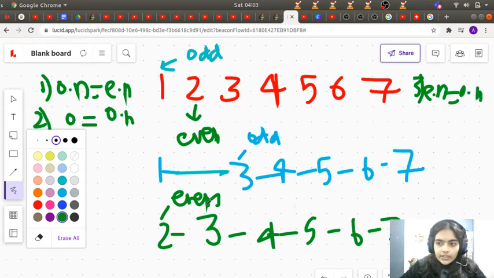So when I give this, now see 2 is holding 3 and 3's next is 4. So odd's next is 4, right? Current odd is 3, current odd's next is 4. That will become even's next. So even is holding 2, so even's next will become 4. That means this linkage will break and even's next will become current odd's next, that is 4.